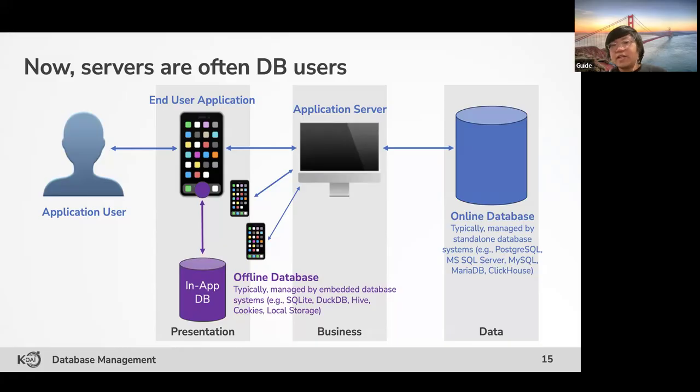Like Facebook. Facebook doesn't store your data on your offline databases, on your web browser, or on your mobile applications. No, Facebook stores all the posts, videos, and media on the online database,